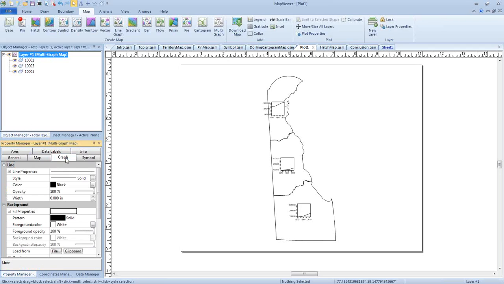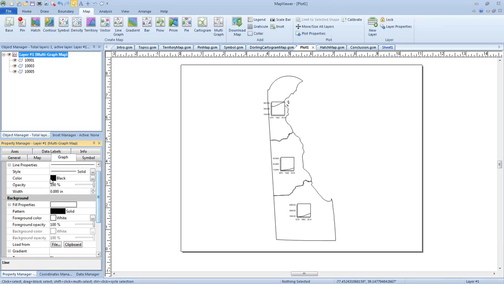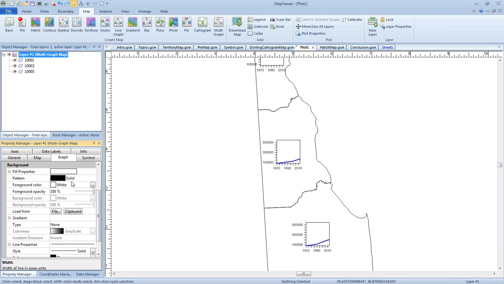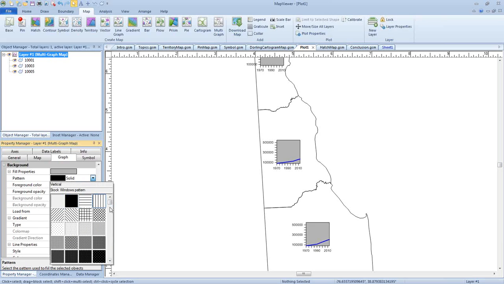In the Graph tab is where you can change the line and background fill properties. So I can make this a blue line instead of black. I could increase the line width a little bit, make it a little bigger. And then I could also add a background, say gray and